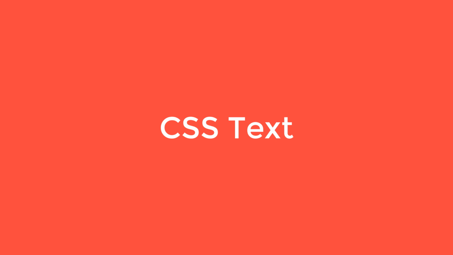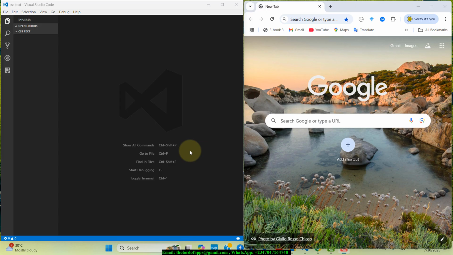So I want us to quickly take a look at CSS text in this video, which is basically all about text formatting. Because in CSS we can format text whichever way we basically want, all right? And in this one, we're going to take a look at text color, text alignment, text decoration. We even have text transformation, text spacing and text shadow. All right, so I'm going to try as much as possible to take a look at the ones we can